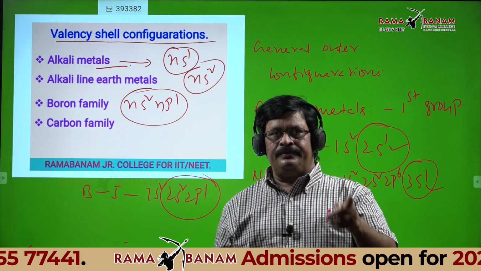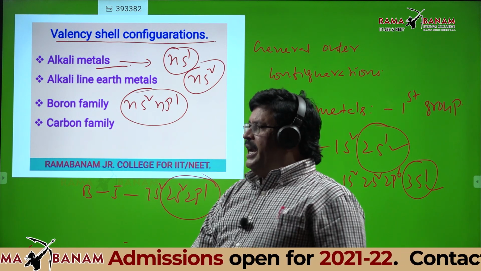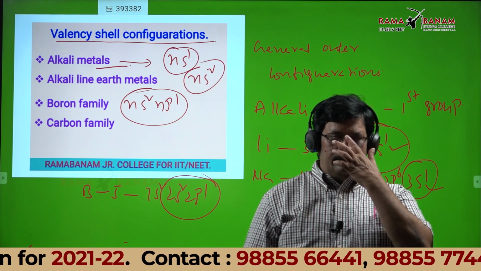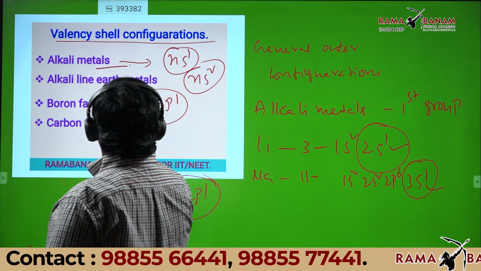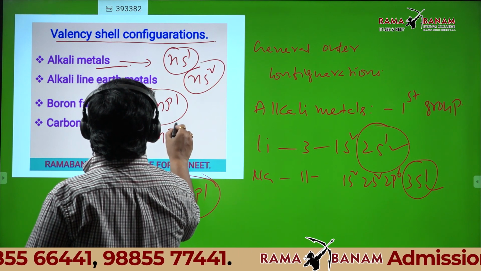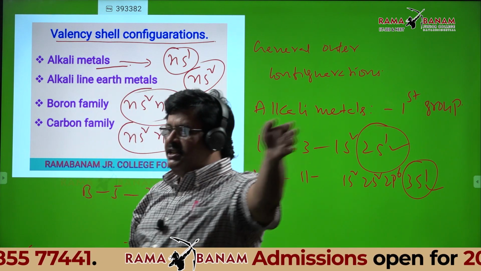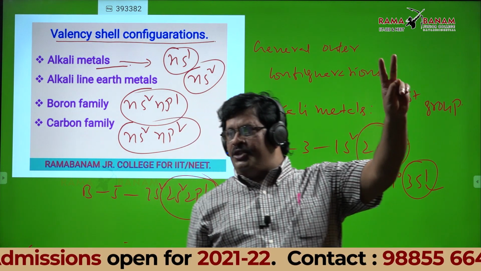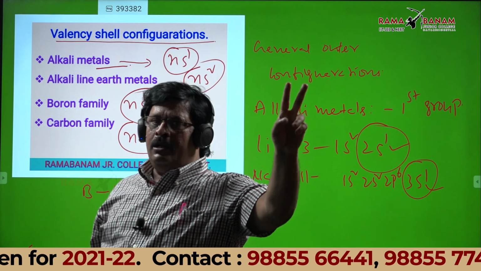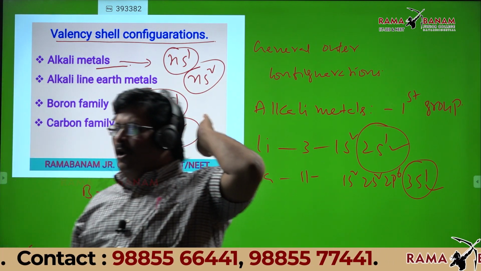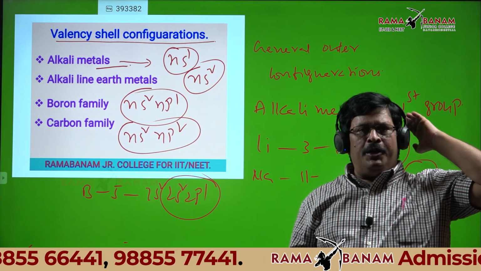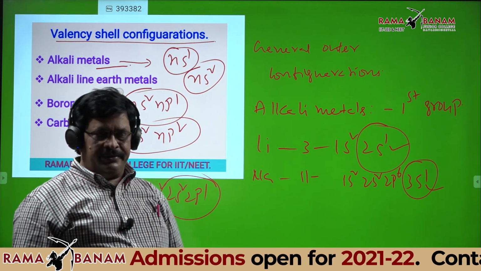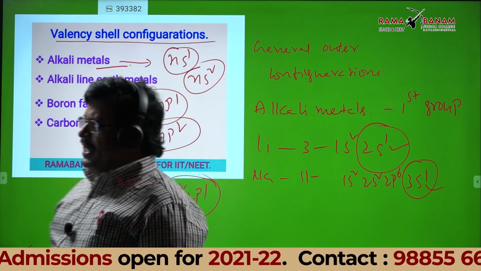Students, clear? Yes, sir. Then can anyone tell for carbon? ns2 np2. Excellent, yeah. See these four. Any doubt you can ask. I'll give just 1 or 2 minutes to you all. If you have any doubt in writing the outer configurations of these groups, you can ask freely. Otherwise, we'll go to the next slide. Can I go to the next slide?